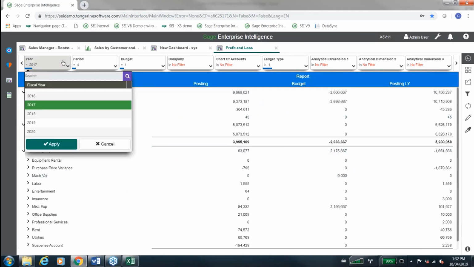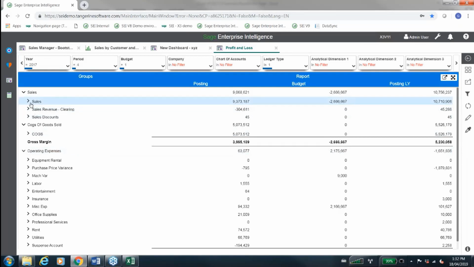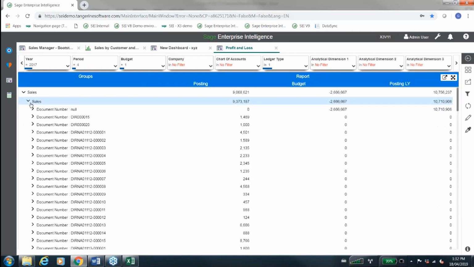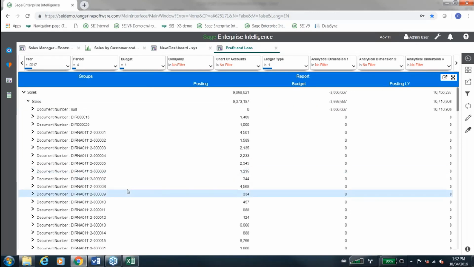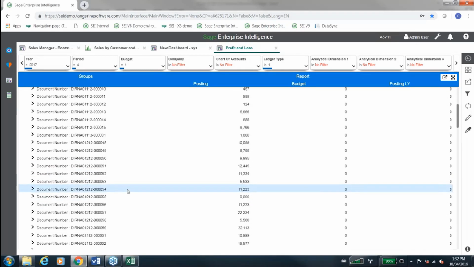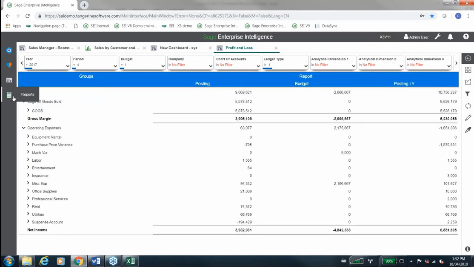Again, with the same filtering panel, based off of, like we said, this is demo data. So right now it's pulling from period 4 from 2017 and showing you this information, and you can then drill down and see the information the way that you want to see it. So with the different document number, you can really drill down and get an idea of where you are with the software. So what I'm going to do now is open up a financial report